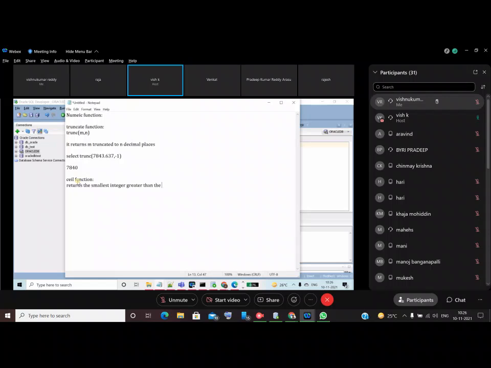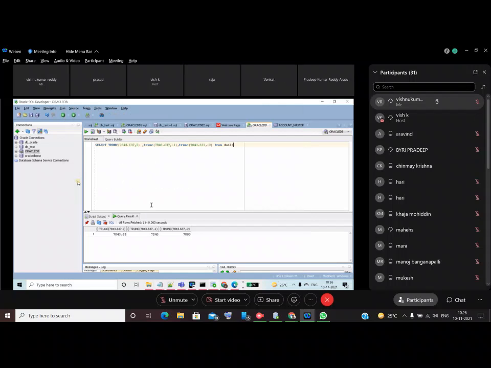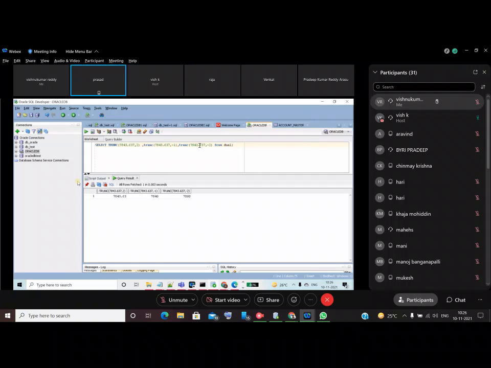Sir, can you please go back to the truncate function? The third option is there, right? Truncate 7843.637, -2. What is the difference between -1 and -2 here? -1 means this digit normally, so it will consider the 3, and normally it will truncate, meaning 0 will come.